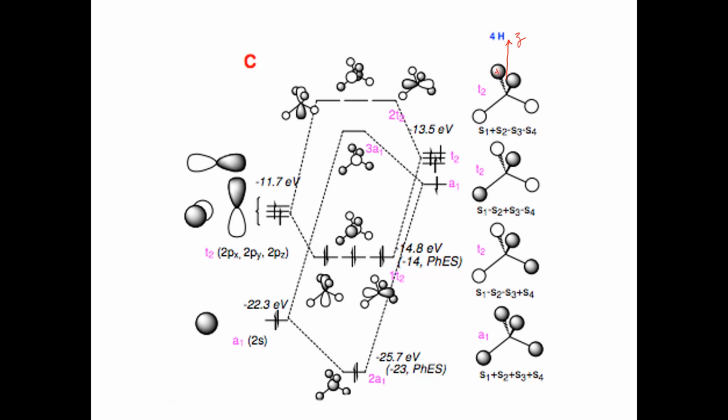This is positive. It doesn't really matter, but this is positive. This is negative. So you can see right away that this transforms like a z component of a vector. Okay, it's positive for positive values of z and negative for negative values of z. So this will certainly couple to the pz orbital. This is the pz orbital right here,